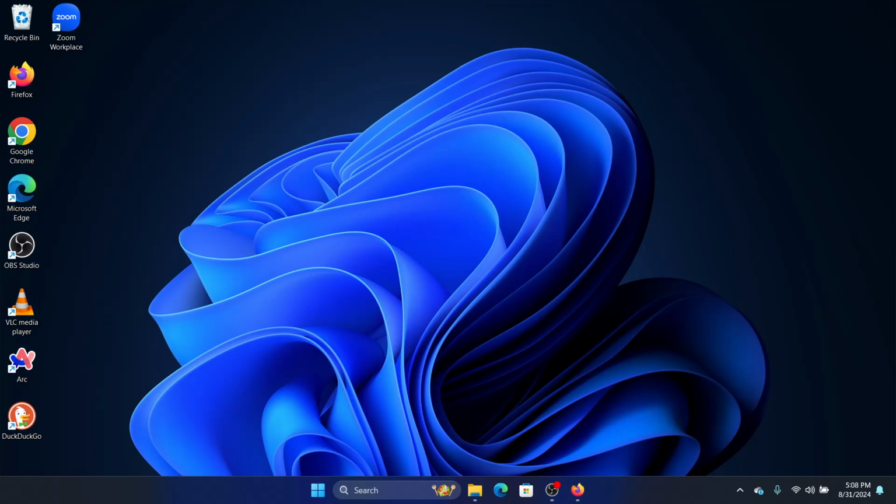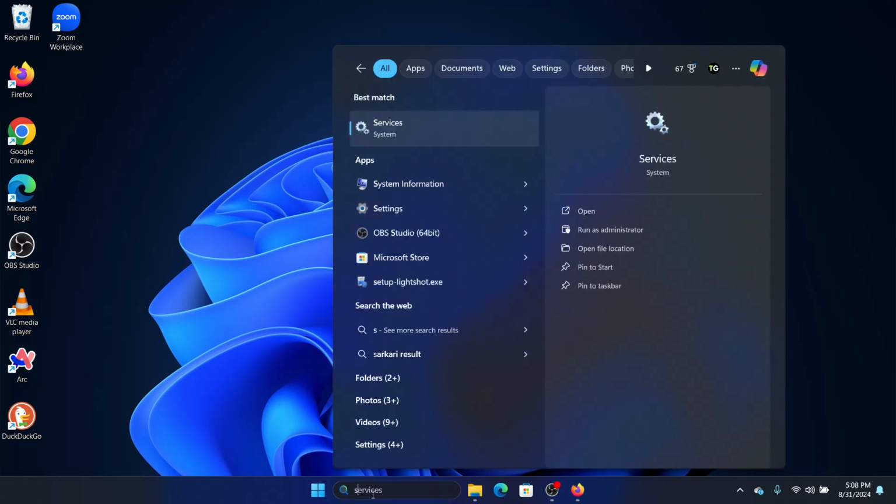Now if that too doesn't work, then the final option is to restart the system in clean boot and see if this Ctrl Alt Delete button function works. So we can restart in clean boot by looking for system configuration,